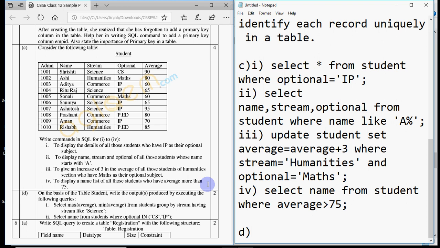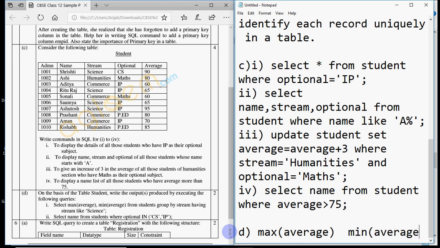It's there in the D part. On the basis of the above table only, you have to write the output for these queries. So the queries are select max average, comma min average from student, group by stream, having stream like science. So having stream like science means the stream should be science. So stream should be science, and we have to tell the highest average and minimum average, that is the lowest average in that stream. So we write max average, since there is no alias, so you have to write this formula only, min average,